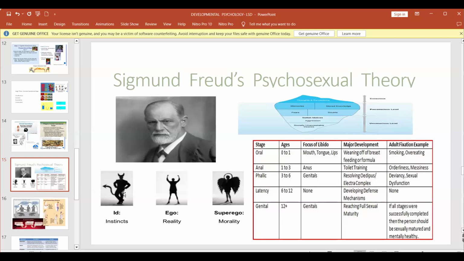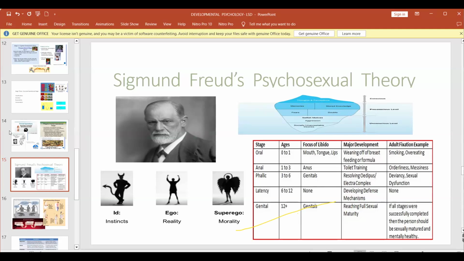Moralistic principle. That means now superego has the ability to distinguish between right and wrong. What is right, what is wrong. So this part, the superego part of personality, emerges by the age of 3 and completes by the age of 5. Driven by the moralistic principle, the child develops the ability to distinguish between right and wrong. So these are the 3 components of personality.